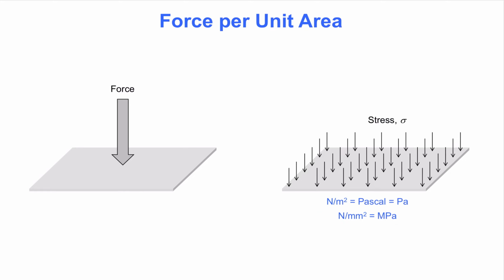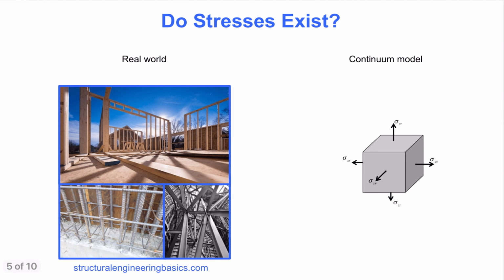At this point, you may ask if that nicely distributed stress actually exists inside the material. The picture on the next slide suggests that it is a reasonable question. Many materials, such as timber and concrete, have a sort of granularity that makes it difficult to imagine a nice, smooth, uniform distribution of stress inside the material. Although that is easier to imagine for steel, such as these rebars and steel columns, it is fair to ask whether the continuum model that underpins the concept of stress is useful.